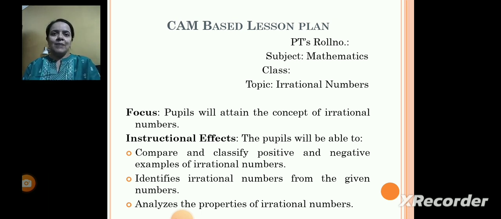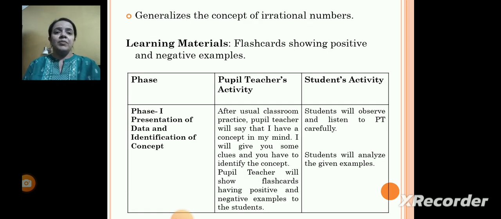So coming to the steps, the first step is focus on students, so pupils will be able to attain the concept of irrational numbers. And second is instructional effects. What are instructional effects? Instructional effects are just like expected behavioral outcomes or specific objectives. So here the concept is irrational numbers, so students will be able to compare and classify positive and negative examples of irrational numbers. They will be able to identify irrational numbers from the given numbers, they will be able to analyze the properties of irrational numbers, and they will be able to generalize the concept